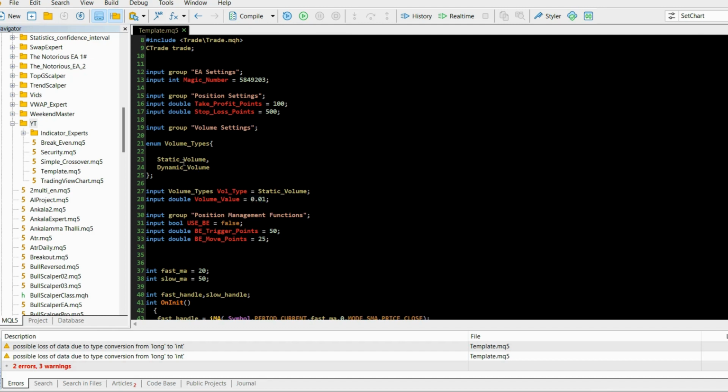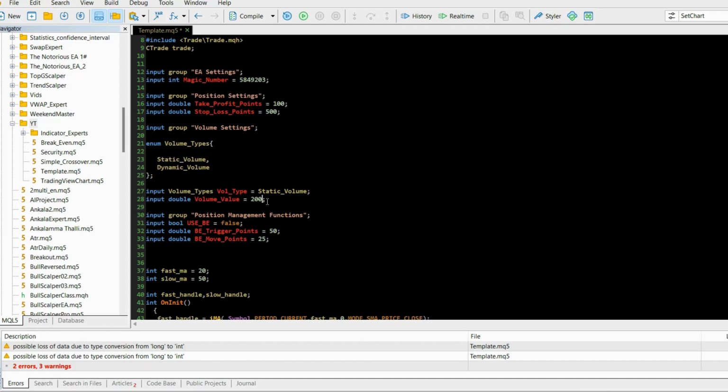But if we choose dynamic volume, this variable is going to expect to receive how much capital per the minimum lot size. So if we chose dynamic volume, then I can type something like 200 in here, and it means that for each 200